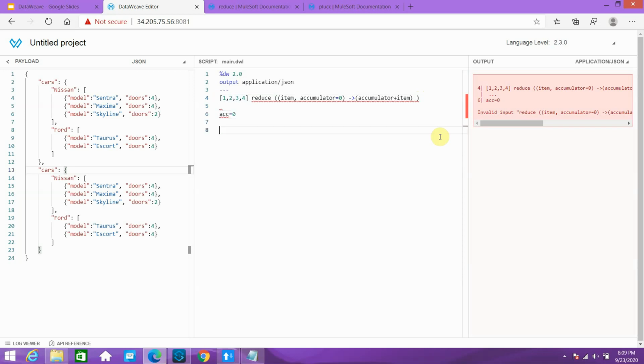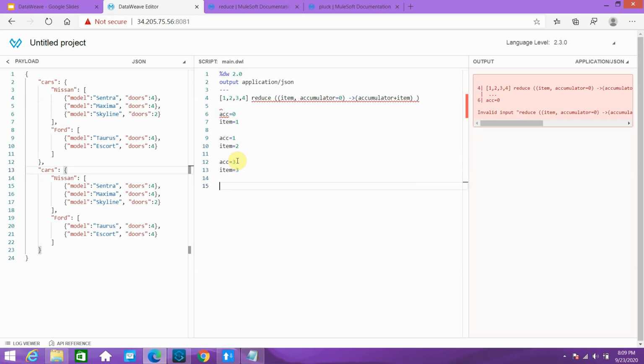Now the first index, what will happen? Item is equal to 1. In the second, accumulator is 1 and item is equal to 2. In the third, accumulator is 3 because it will add the item and save the result in the accumulator, 1 plus 2 becomes 3.